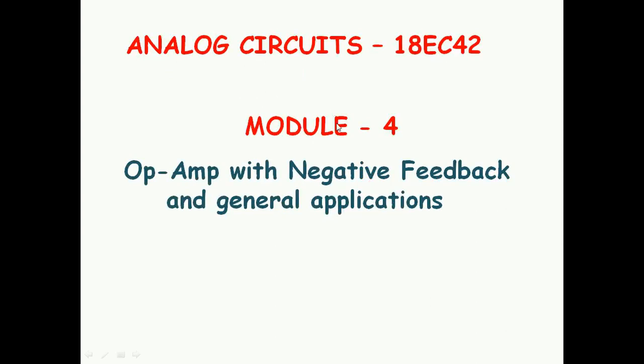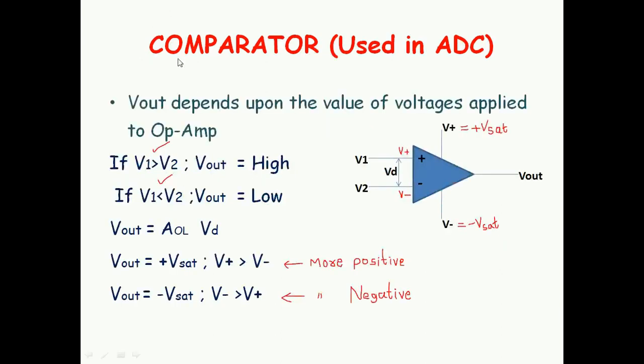In this module, we are going to talk about the operational amplifier as comparator. In the basic class of operational amplifier itself, we have understood that operational amplifier can be used as summing amplifier, differential amplifier, integrator, differentiator, and also we have seen in brief how op-amp can be used as comparator. When op-amp is used as comparator, it is basically used in analog to digital conversion operations.